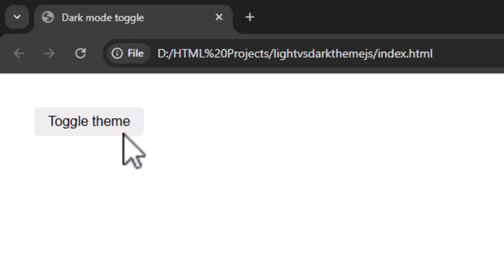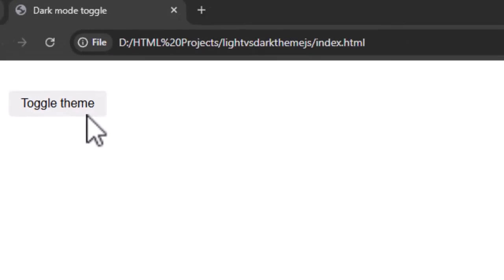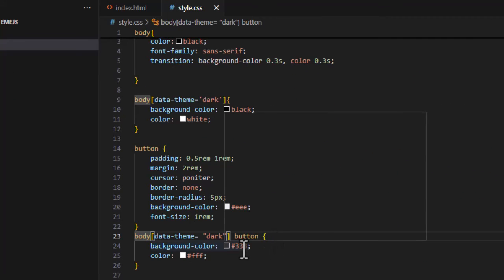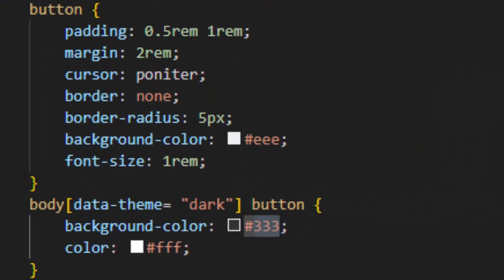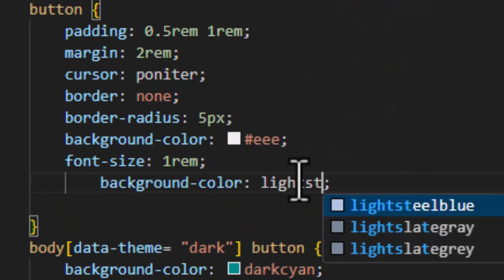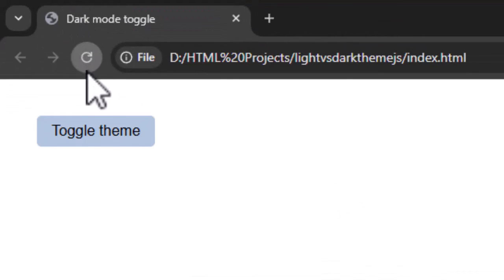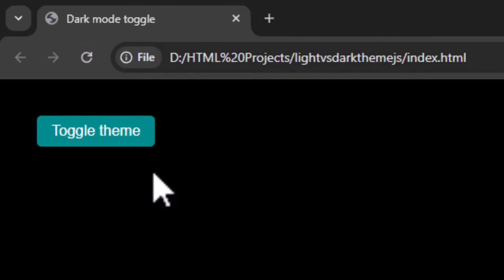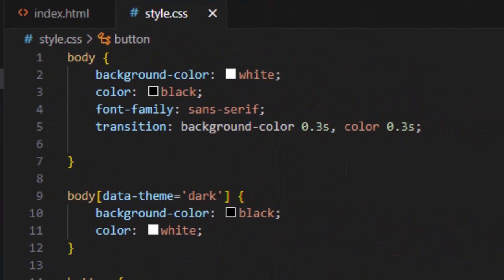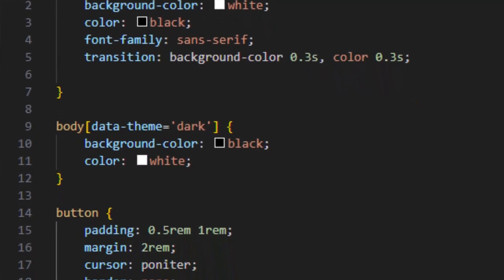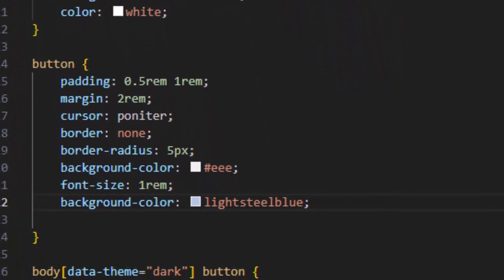I think the button color can be a bit improved. So let's go back to the code, go to our style CSS, and, okay, let's see how it looks now. Much better. Right, so you have just built a fully functional dark light mode toggle from scratch using just HTML,